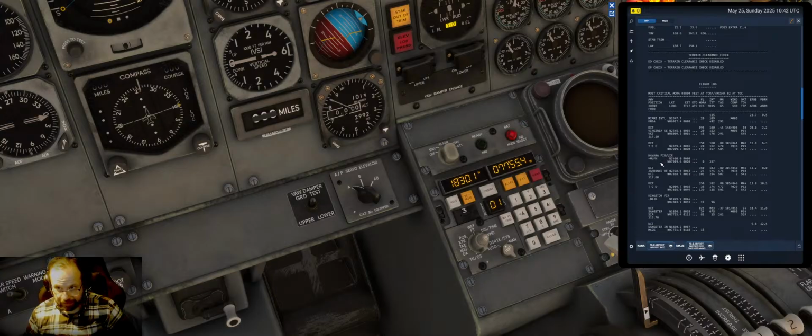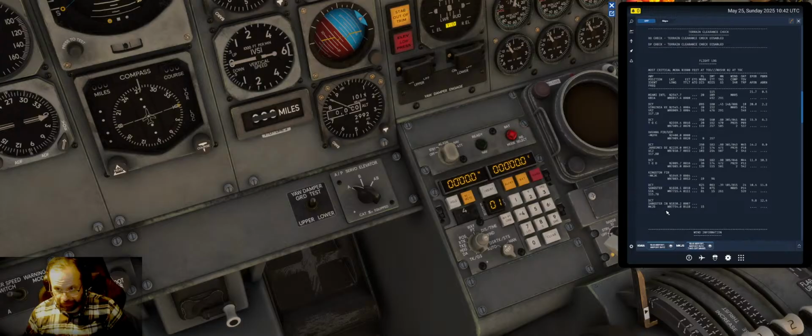All right, so it's a shorter flight, so we're only going to have 3 waypoints in. But we'll do number 4, which is going to be